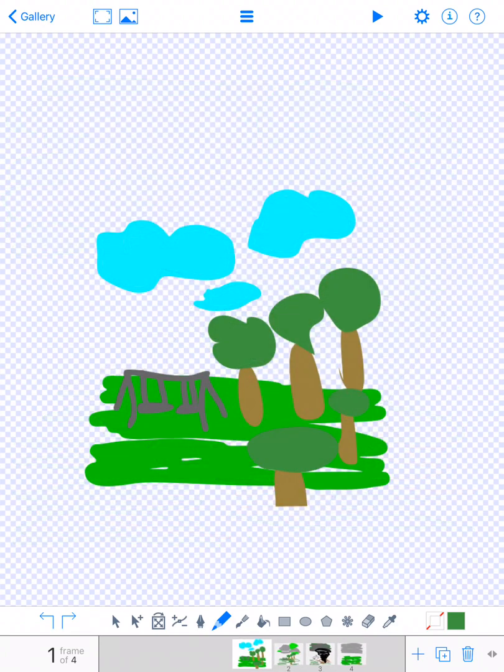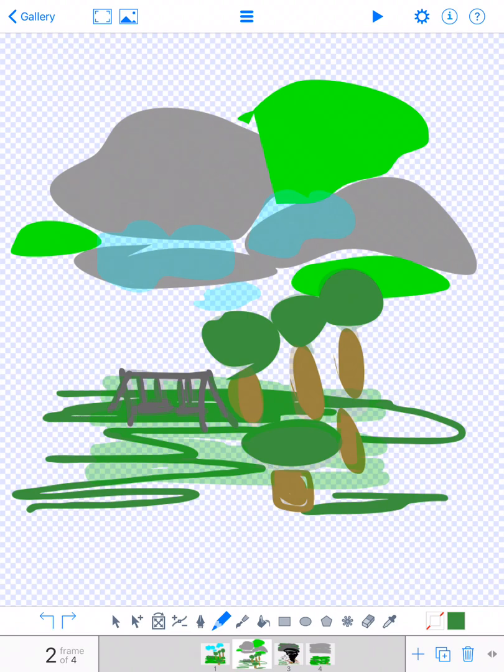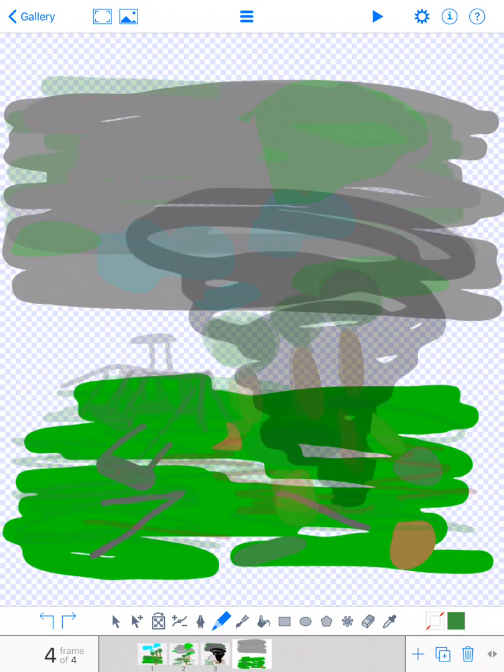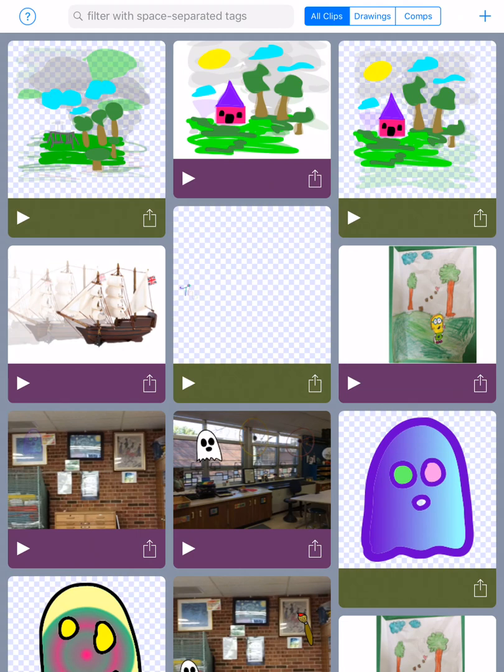So the first one, I have a nice sunny day. I have the storm clouds rolling in. I have my active tornado. And then I have what happens after the tornado goes. So once you're done with this, what you do